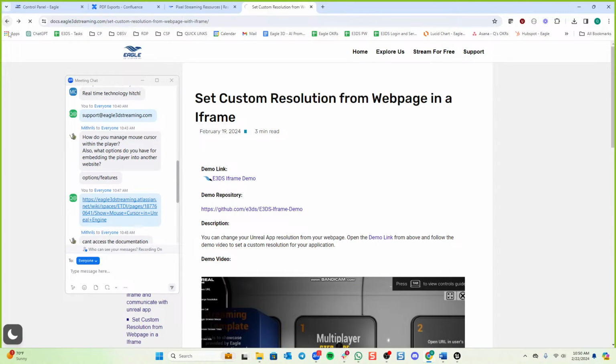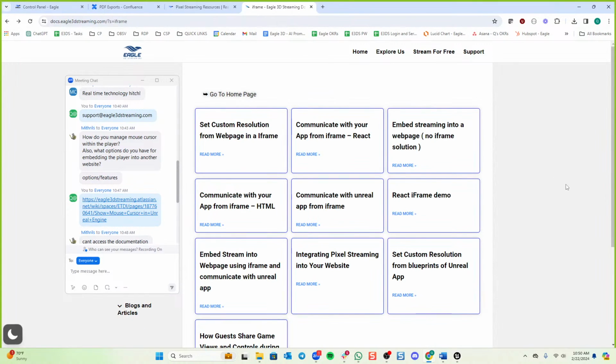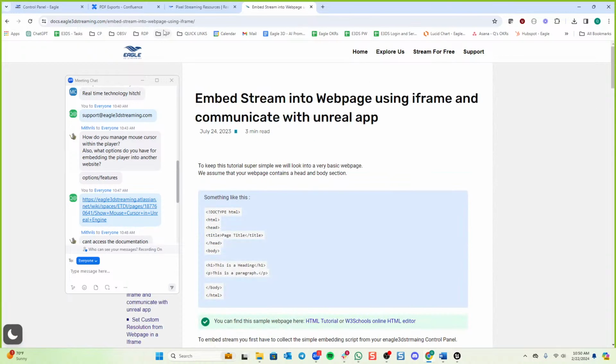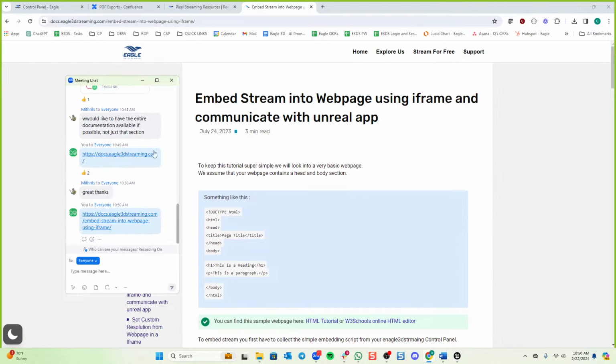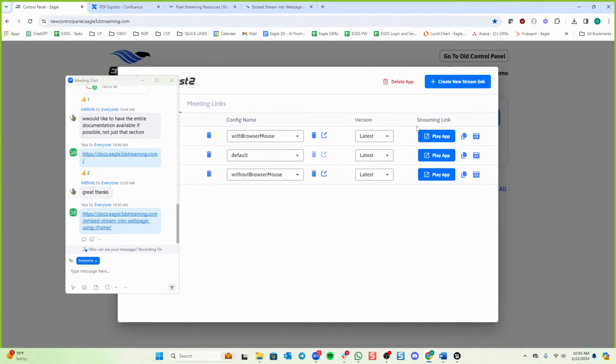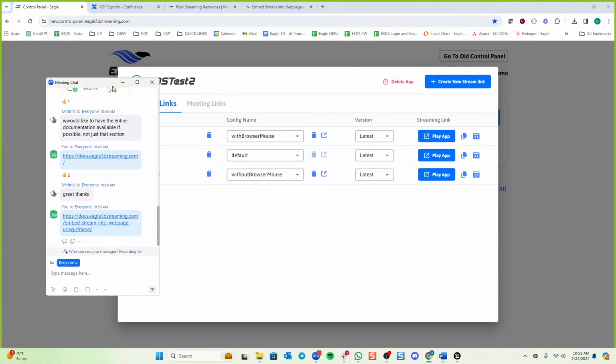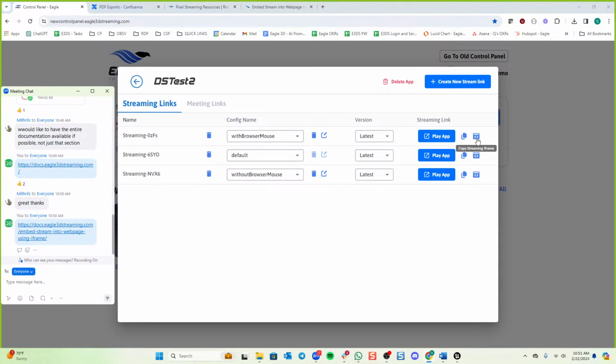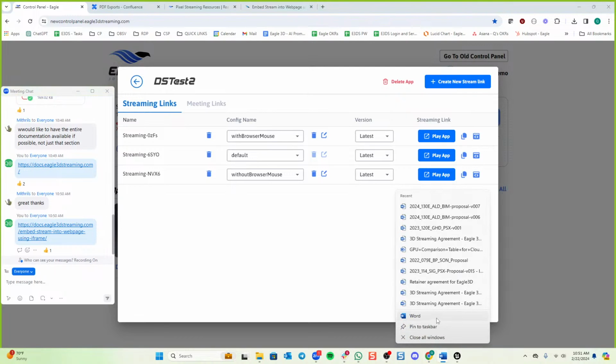The quickest way for embedding is to simply embed using an iframe. Here is the documentation on how to do that. To quickly run through it, it's fairly straightforward: you would just copy the iframe embed code. So if we take a quick look at this,